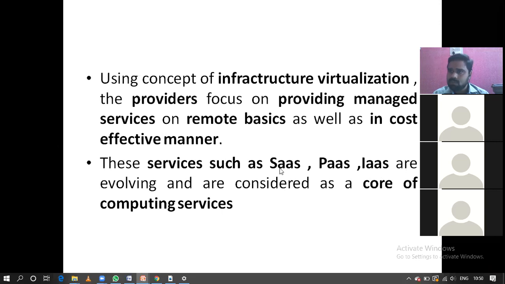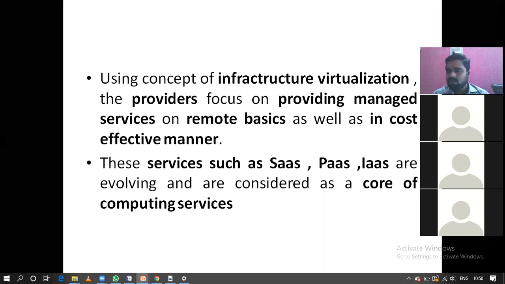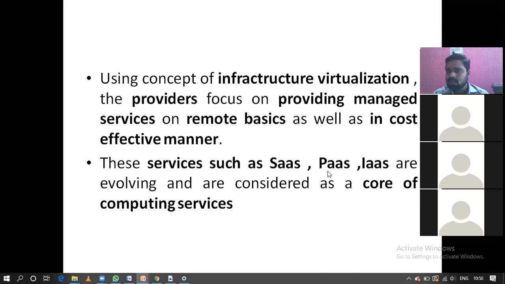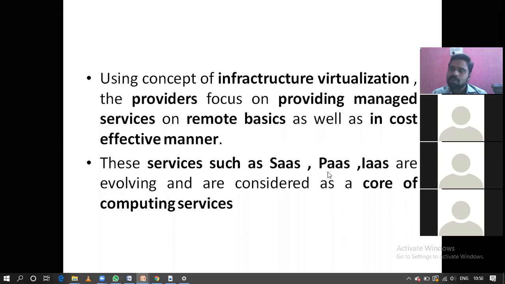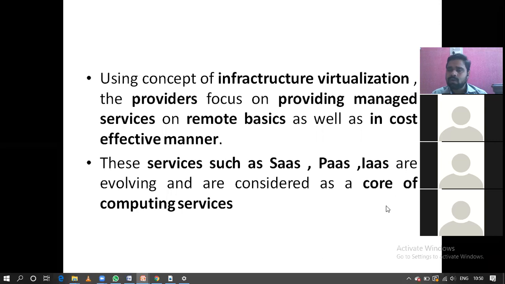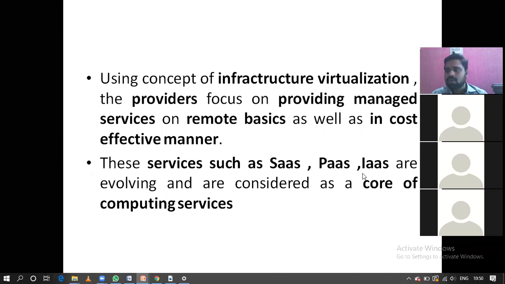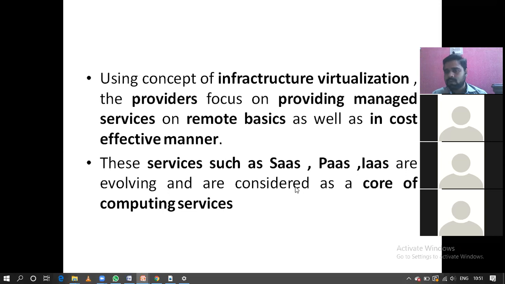Software as a service means we rent the softwares from the cloud. Platform as a service means we rent the softwares as well as hardware. In infrastructure as a service, we rent only infrastructure, that is servers, networking equipment and storage. These are the different services from the cloud. Okay guys, right?